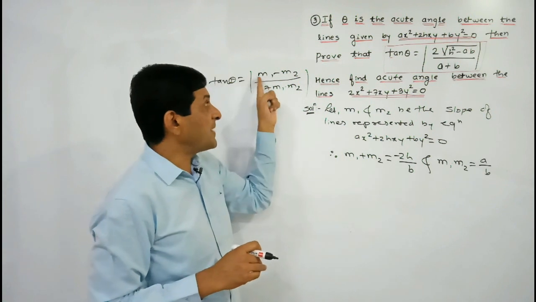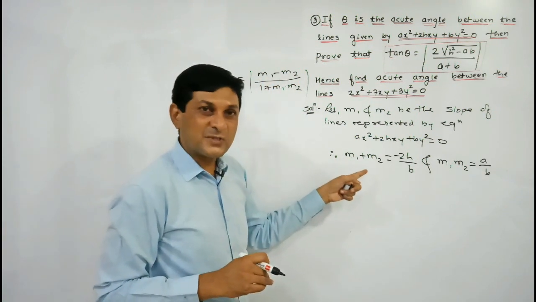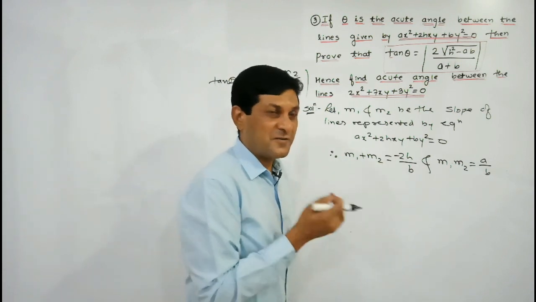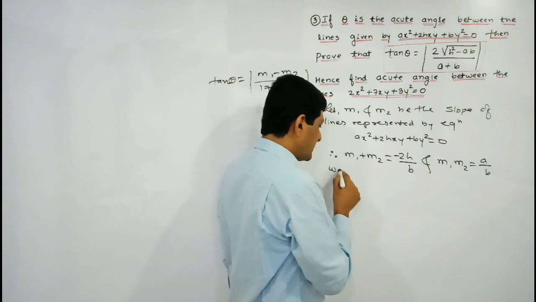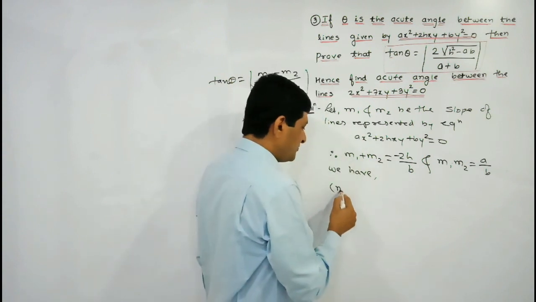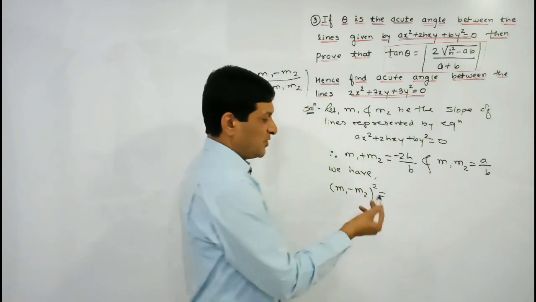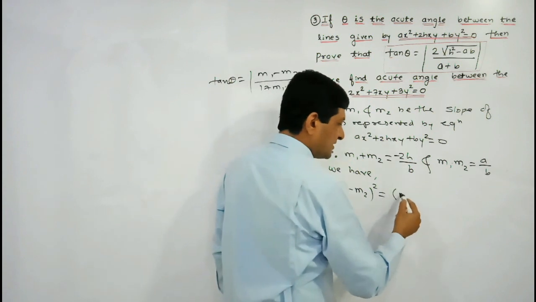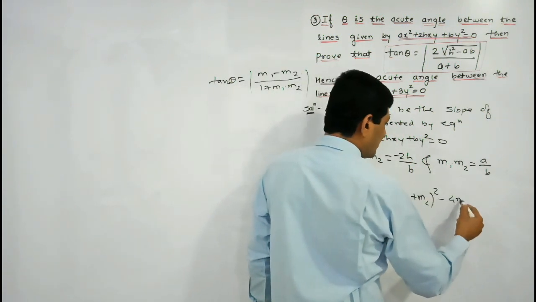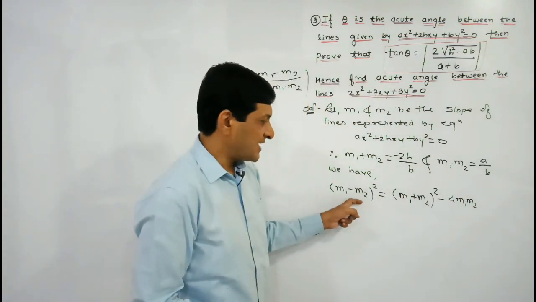तो ये formula apply करने के लिए आपको difference निकालना जरूरी है. तो हमारे पास available value sum की है और product की है. Using these values we are trying to find out what? Difference. And to find out this difference we are using one important result which you have already proved in your earlier classes. m1 minus m2 whole bracket square can be written as m1 plus m2 whole bracket square minus 4 m1 m2. अगर आप ये साइड सिंप्लीफाई करेंगे तो आपको इसका एक्सपेंशन ही मिलेगा.